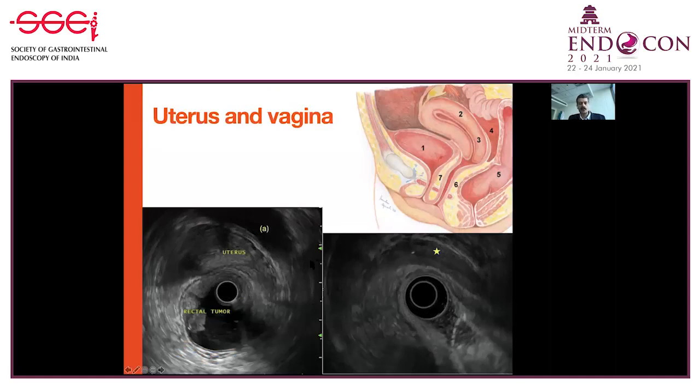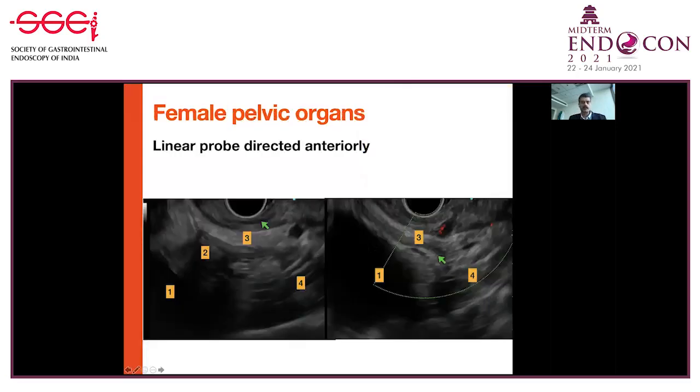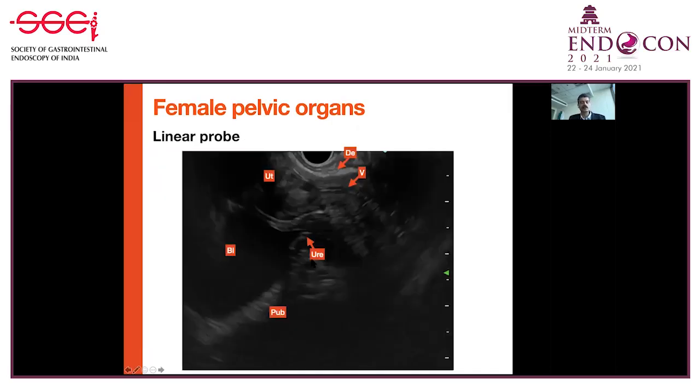In the females, obviously, you see the uterus, which has an oblique lie in most patients, behind the bladder and in front of the rectum. And also, as you withdraw down, you see the cervix, sometimes with cysts, and then the vagina with the Denonvilliers fascia or the rectovaginal fascia in between, with a linear air stripe. With a linear probe directed anteriorly, you can again make out the vagina. It is seen very thin behind the bladder and the pelvic floor. I shall just show you better in the next image.